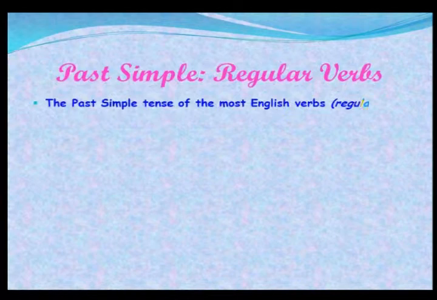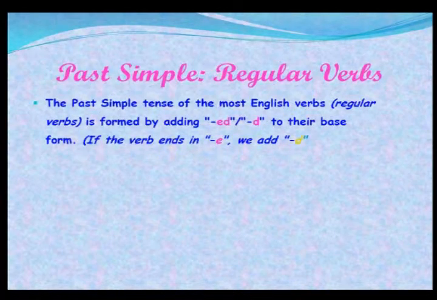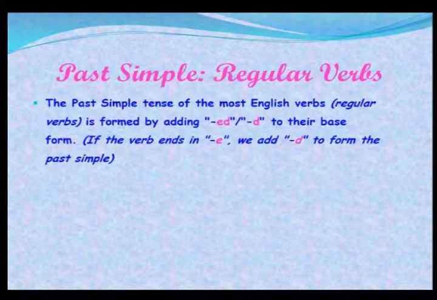And we move to the past simple regular verb. In English, we have two types of verbs. One we call regular verb and one irregular verb. So how do we make a regular verb into past simple? Read rule number 1 here. The past simple tense of most English regular verbs is formed by adding ed or d to their base form. If the verb ends in e, we add only d to the form